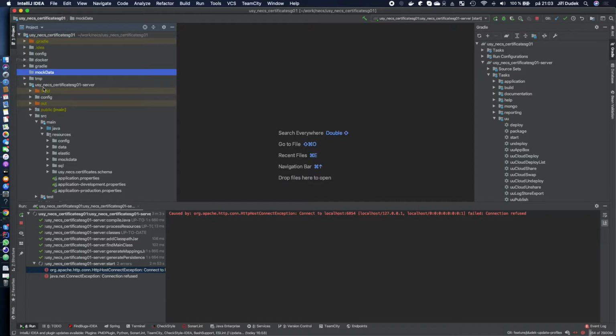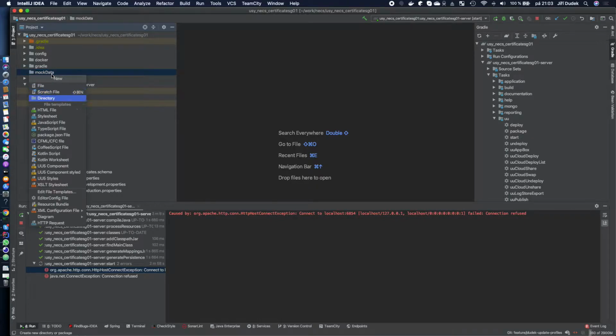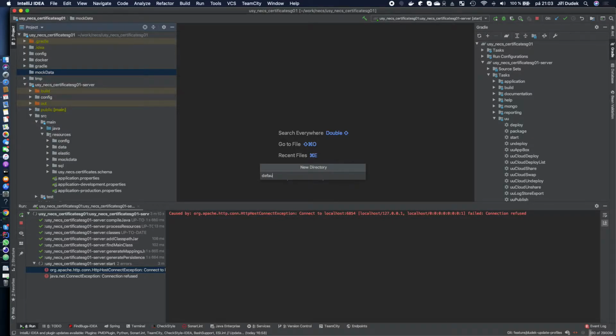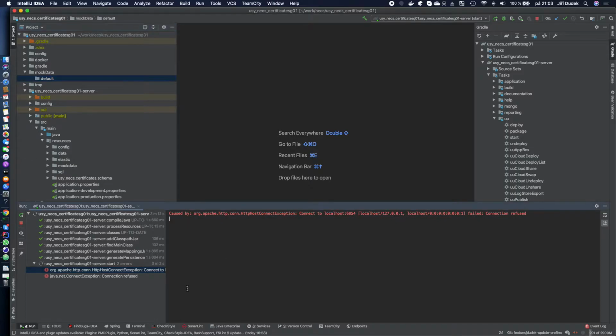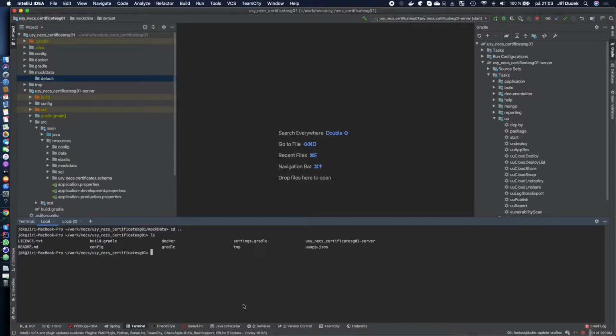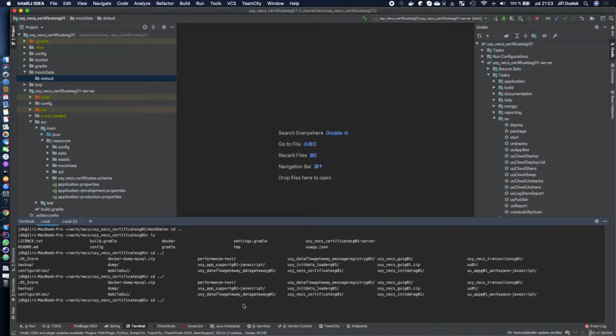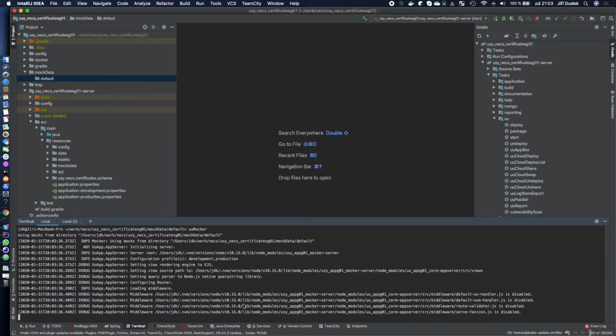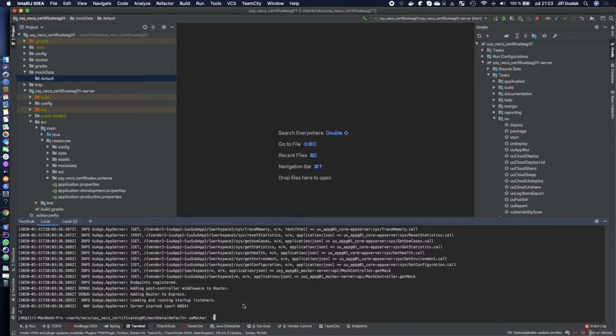Data, and we can assume that we will have more than one set of mock data, so let's create the default set of mock data. Okay, so how does it work? First of all, I will go to this directory, select certificates, mock data, default. If you run uuMocker help,